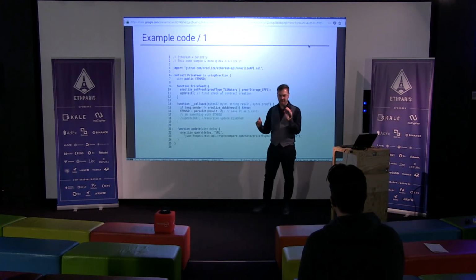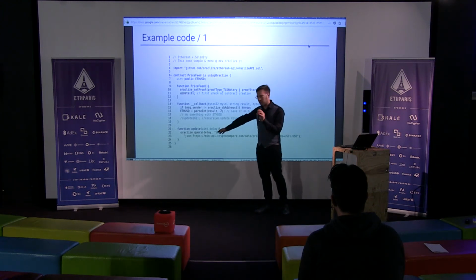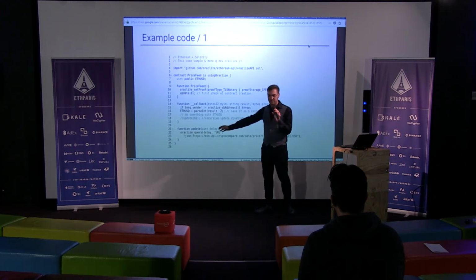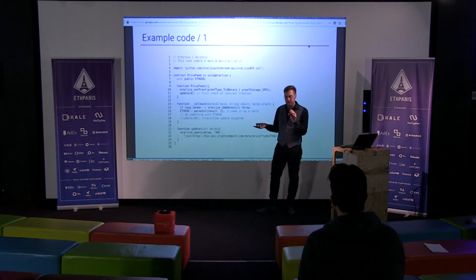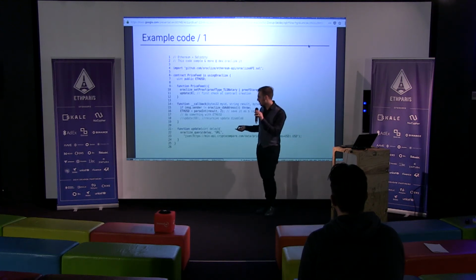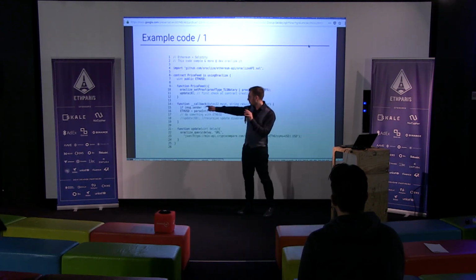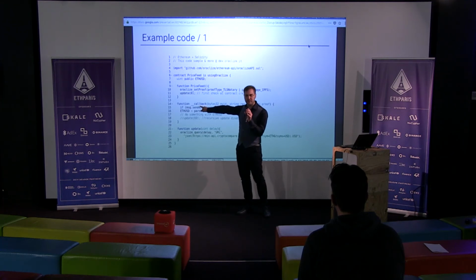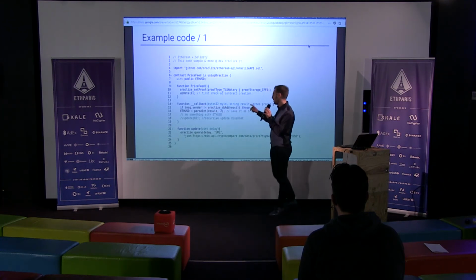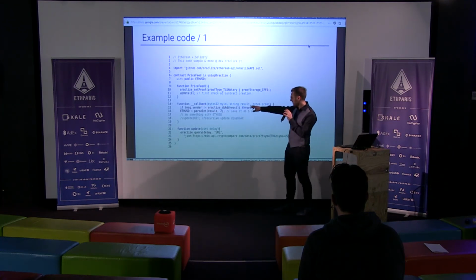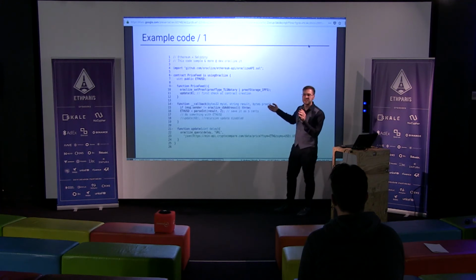The process is asynchronous. The first transaction will reach out to the Oracle. Then the Oracle needs to process the query, and it will send back a transaction. So the Oracle will reach out to your contract, calling your callback function. And the callback function, guess what? Contains the result and the authenticity proof.